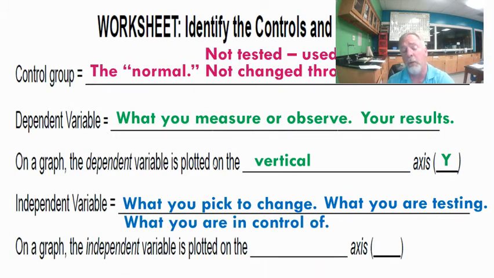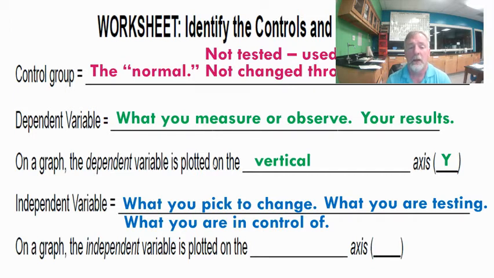And we can also describe this as being what we're in control of. We are in control of what medicine each group got. So three different ways of saying it: what we change, what we're testing, what we're in control of. I hope you're getting the idea: this is what we're selecting. This is what we want to find out. What impact does this independent variable have on our dependent variable, in this case